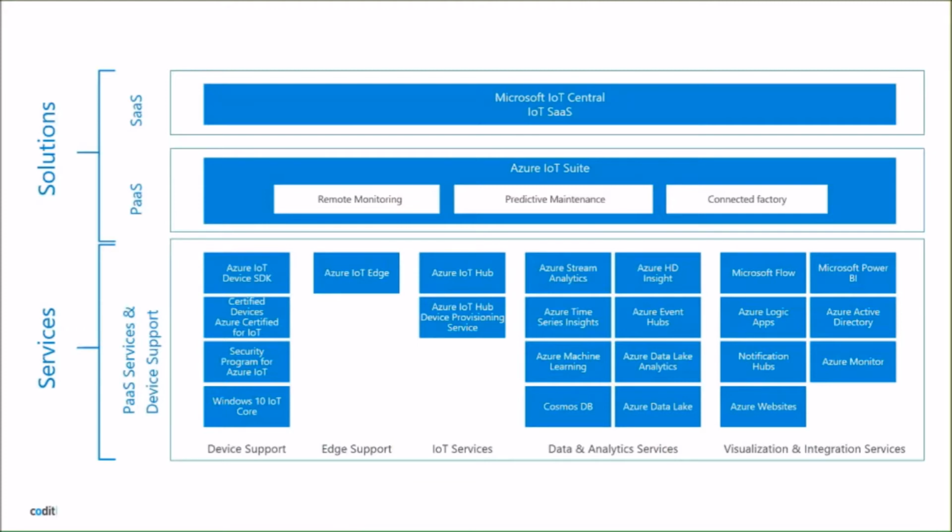On the bottom, you have your platform as a service that you can use to create and develop your own. There you have the most important thing: IoT Hub with Cosmos DB as a storage layer, and then a whole range of visualization and integrations offering. And on top of that, you have, as already said, the Azure IoT Suite with the pre-configured solutions. And then another abstraction layer above is IoT Central, which is actually a SaaS offering. During the rest of the talk, we're going to focus on